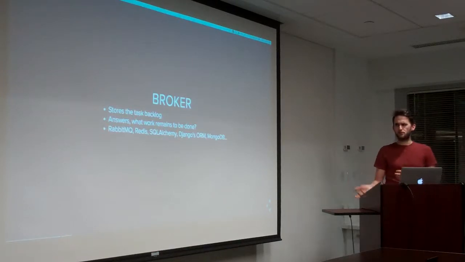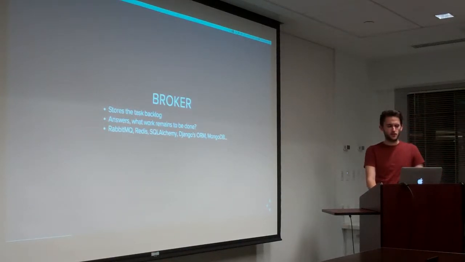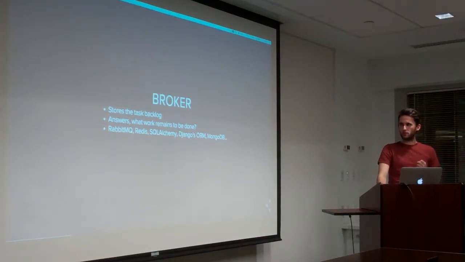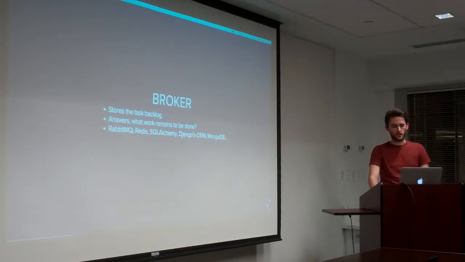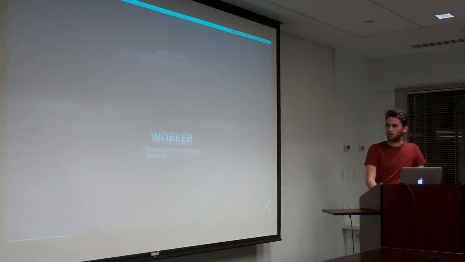The broker is the next part of this. It answers the question of what work remains to be done. A broker records the task that the producer wants to be run through a message system. So you might have a flood of tasks come in. It might be a case of 1,000 users all signing up at once, and you want to send out 1,000 emails. That might take a while to get through. The broker is what stores these in a task queue